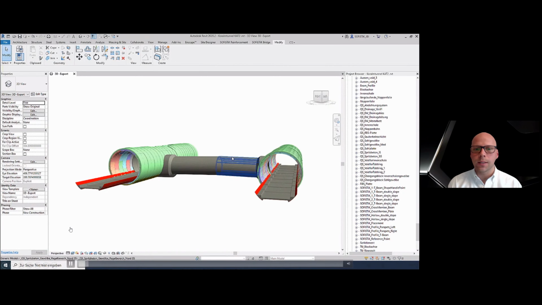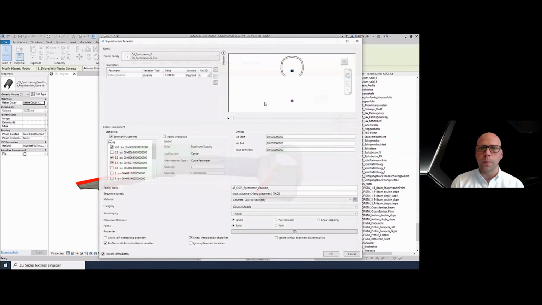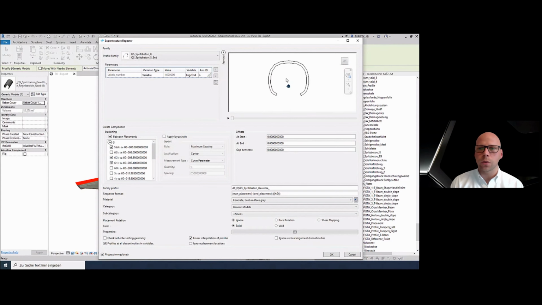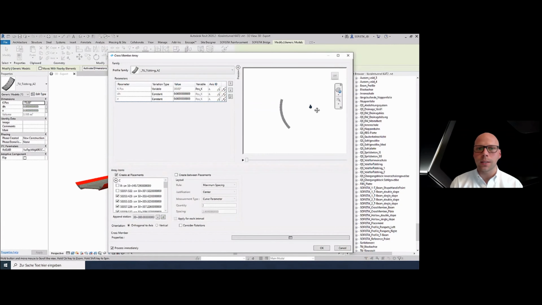So at the beginning, let's open the connection tunnel between 2 main tunnels, and we can see that actually this tunnel was created also with the profiles, and these profiles were parameterized in such a manner that the geometry is changing along the connection axis. Then we select one of the segments. We can also open the definition of the segments, and we can see that here we have the variable which defines an angle of each segment, and we can see how it's parameterized.